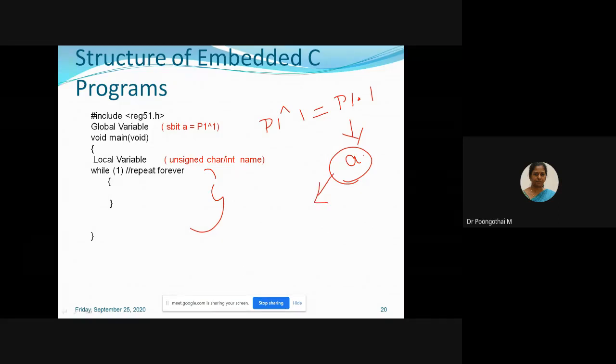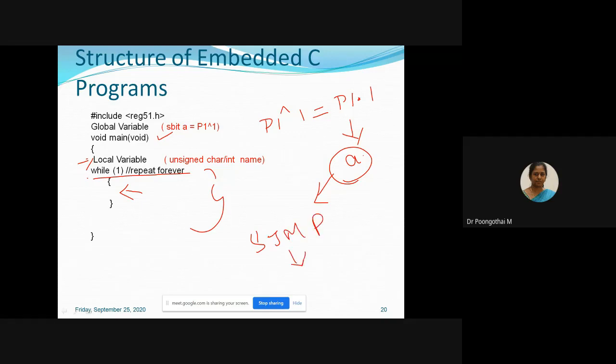And the next one is main. Here you can define all your local variables, that is unsigned char, int, etc. Next, you have to write all your logic inside while(1). This while(1) is nothing but, in assembly, we use SJMP.